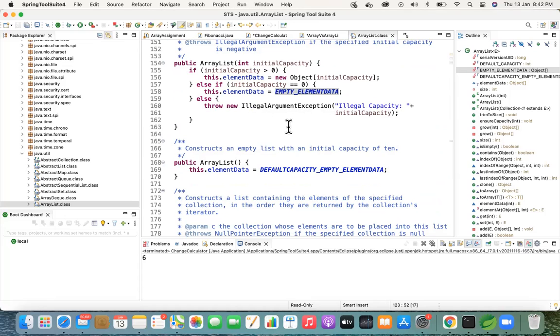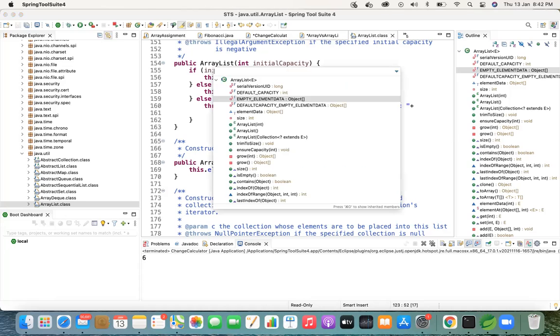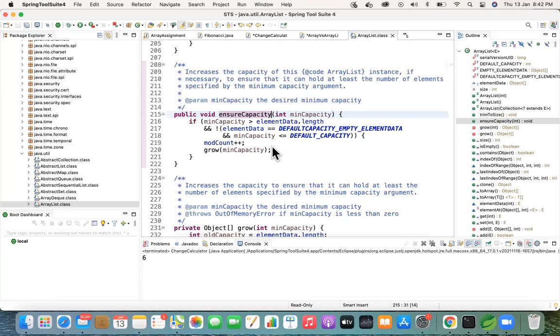Just type ensure, Control O. It's a shortcut key to see the list of methods. And here you can see, yeah, can you go to ensureCapacity? Yeah. So here we can increase the capacity of that particular list, and the relevant method, grow at line 220, will help you increase that capacity. Like the StackOverflowError which we saw yesterday, in a similar way, if you want to handle an out of memory error or something, we can give some constraint or handle those exceptions at this capacity level.